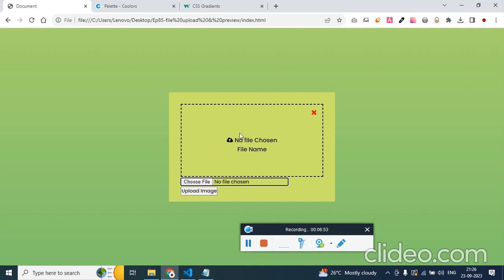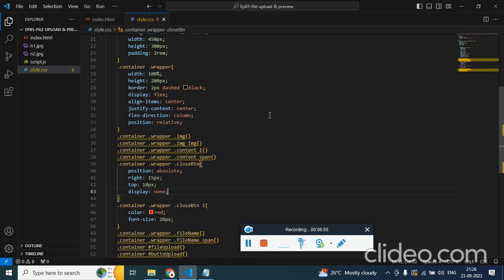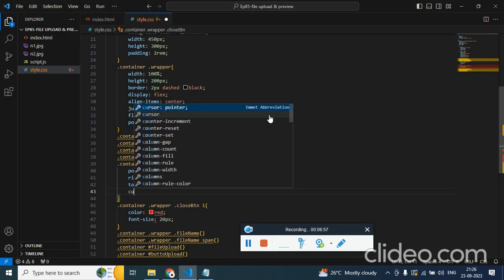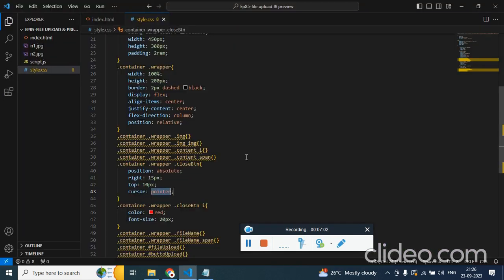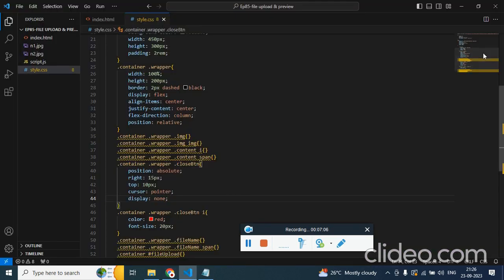We'll use this in the JavaScript. We'll use the display block in JavaScript. So before that, cursor pointer. So when I hover it, I want the cursor to change to pointer, and display none as of now. The same for the